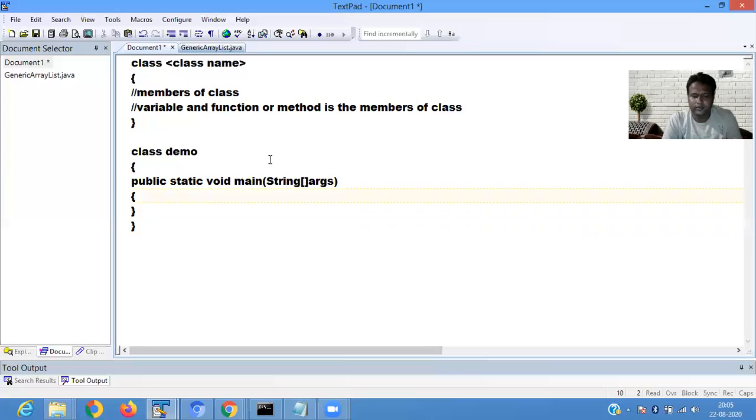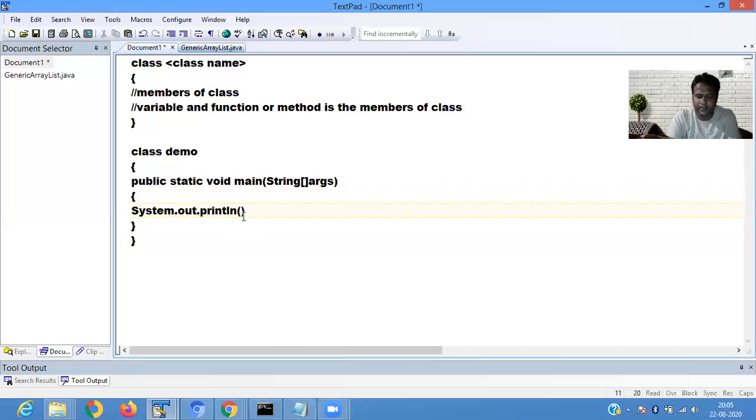So here, in the main method, if you want to display anything, suppose I write system.out.println. It is used to display data.